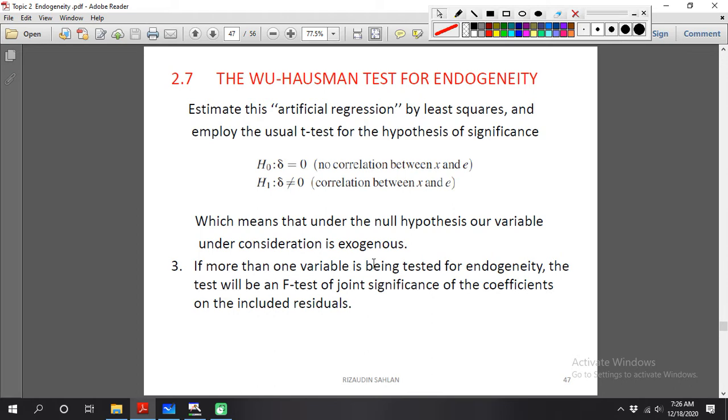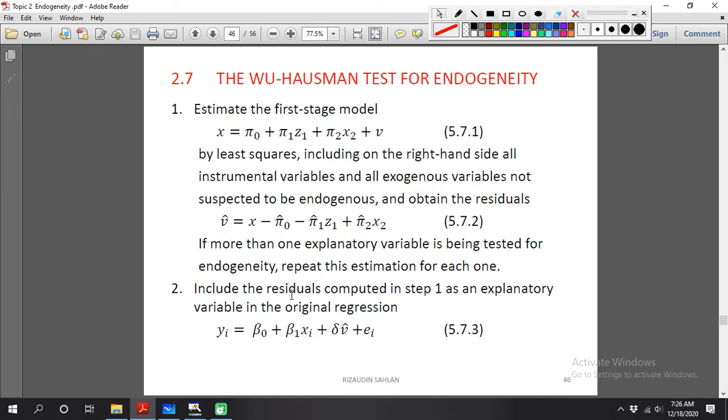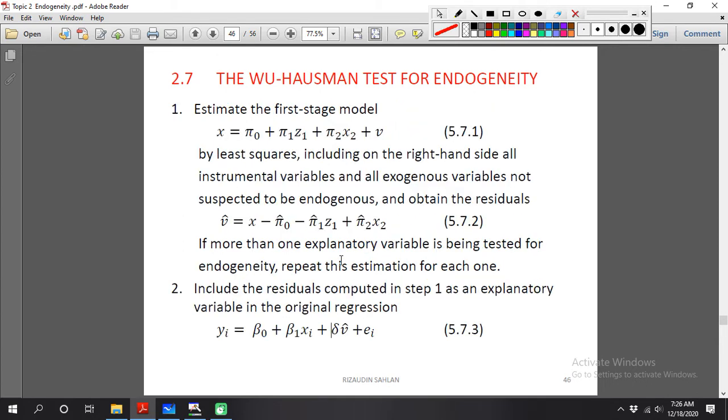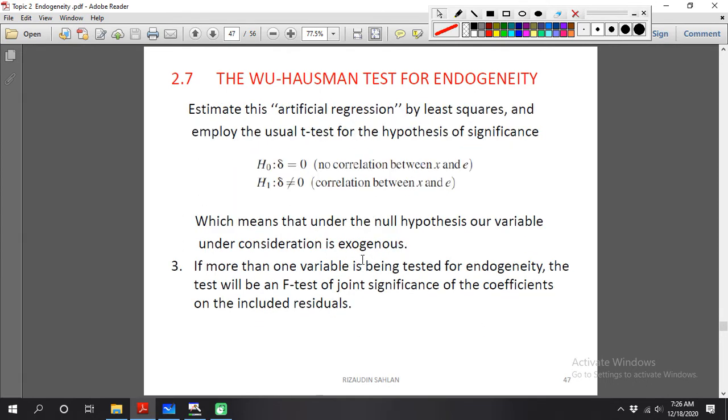If more than one variable is being tested for endogeneity, we need to use the F test, because this one is only one variable.